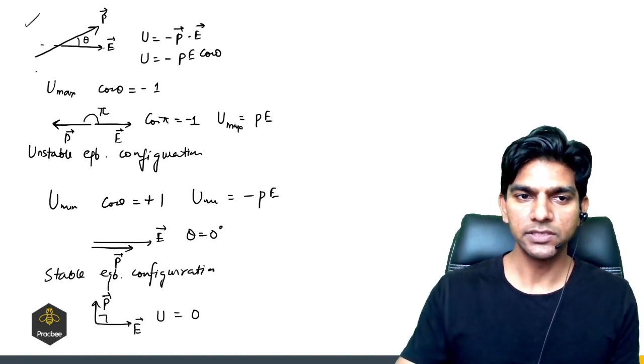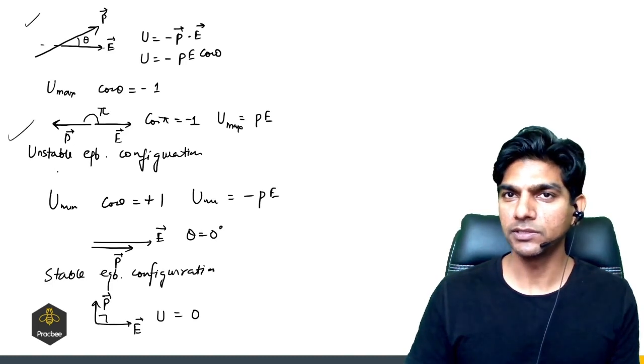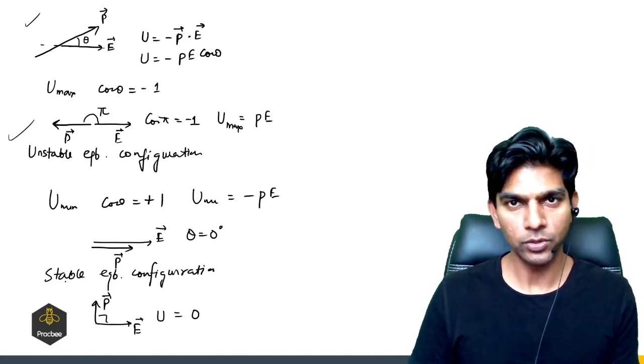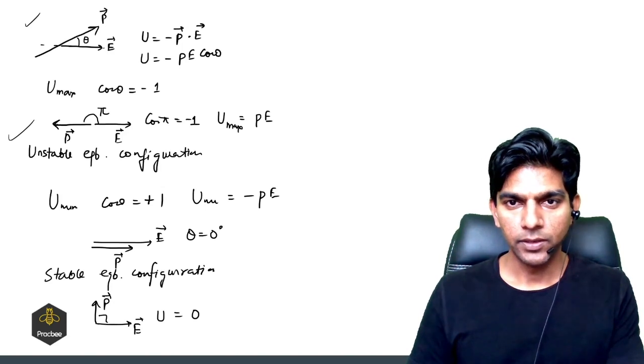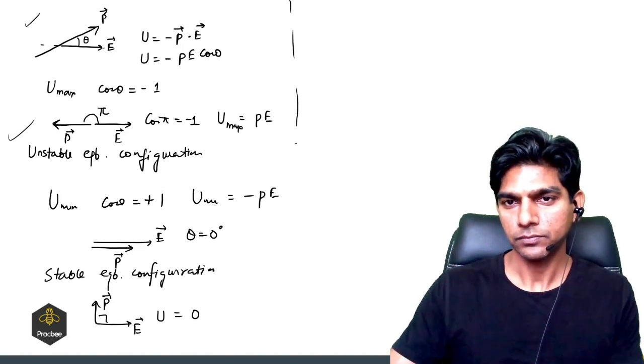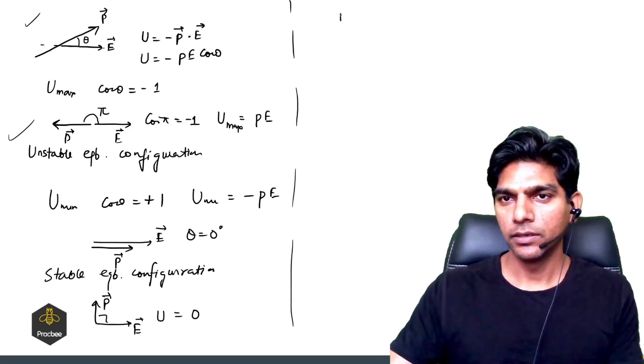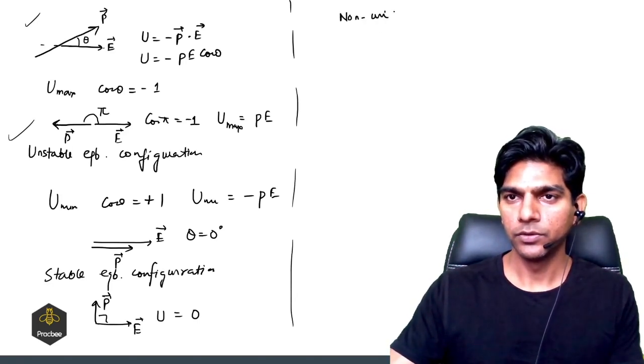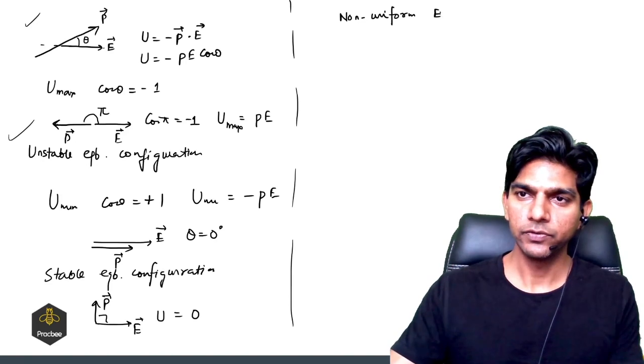So do remember this concept, and usually there is a question from this unstable equilibrium and stable equilibrium configurations. And what happens if we have an electric dipole in a non-uniform electric field? So let us see, in a non-uniform electric field,